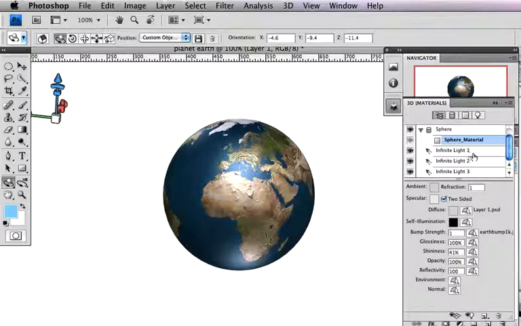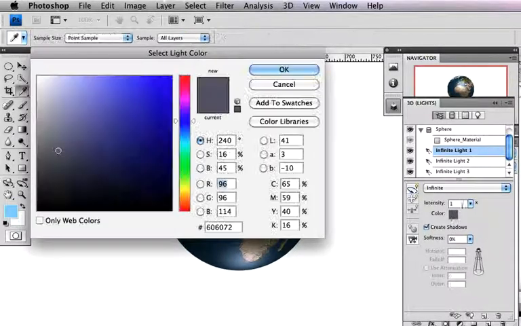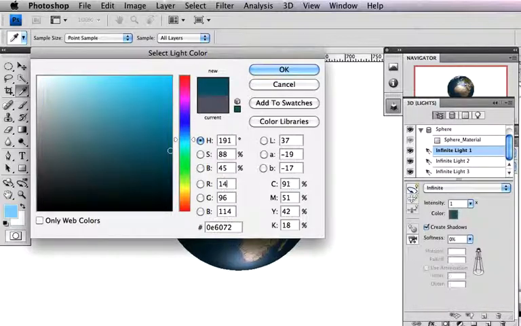So we're going to change the type and the color of some of these and just play around with it, getting the effect on our overall image. So come over to our infinite light 1, and we're just going to set that color to 150 and 150 and 150,